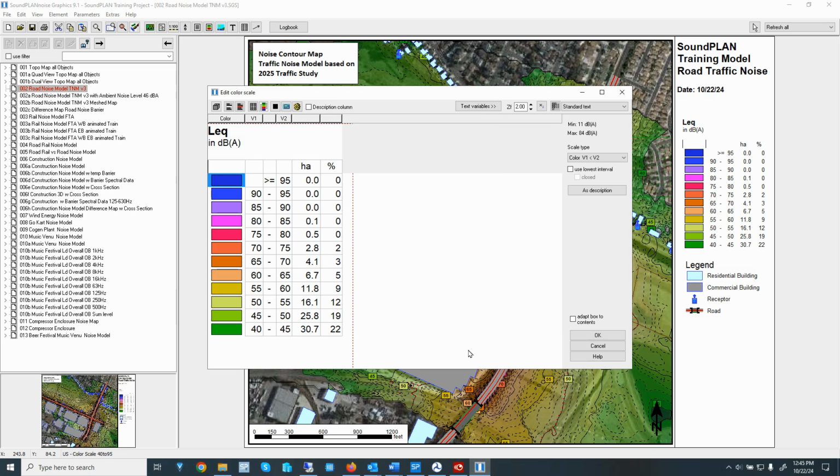I think this is a great additional feature, especially if you have residential communities or areas and you want to compare the changes in additional noise. How does it change in terms of more noise exposure to higher noise levels, or changes to lower noise levels, and then also put it in percentage.